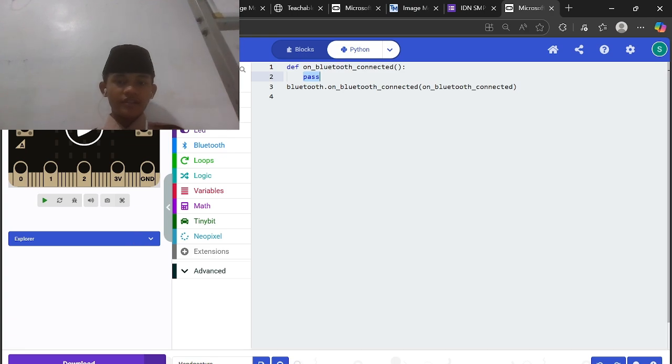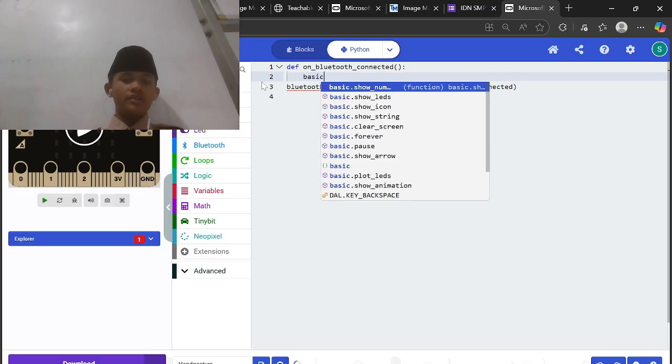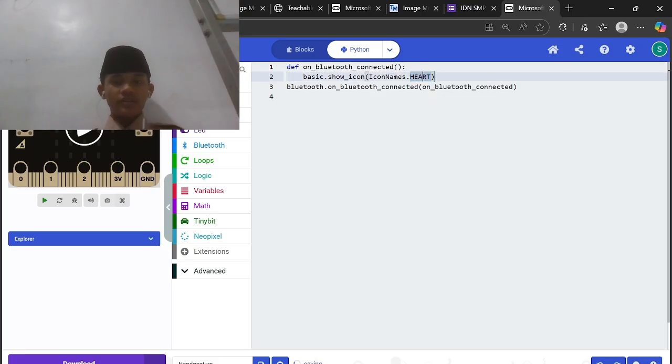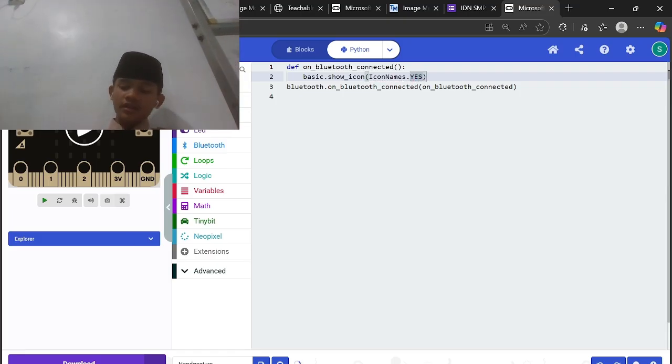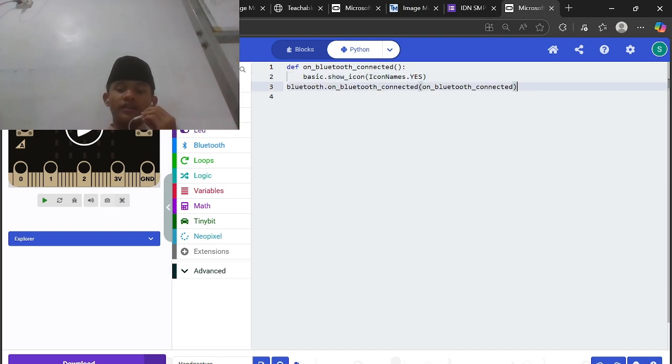Erase this part and change it to basic show icon, yes. So later, if the Bluetooth is connected with the Tinybit, the Tinybit will show the yes icon or checkmark. It means the Bluetooth is already connected.